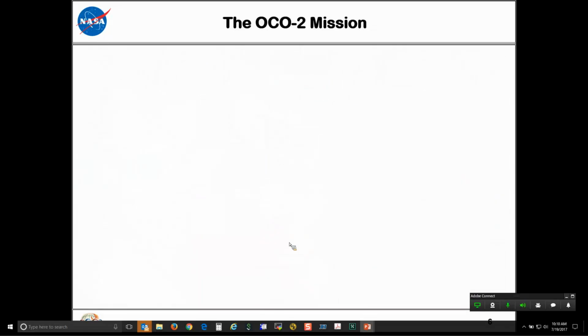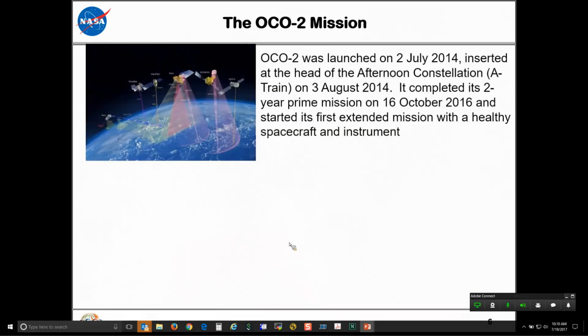The OCO2 mission was launched in July of 2014, so it's just over 3 years old now. It's just past its third birthday. I'm glad to be out of those terrible twos. It was inserted at the head of the A-Train on August 3rd. It actually started making routine measurements on the 6th of September, so that'll be our real anniversary of taking data with the system. So we sit here right out in front of the A-Train with GCOM-W1 just behind us,